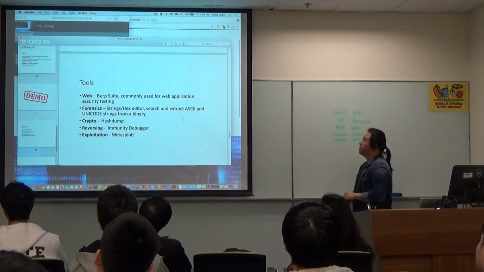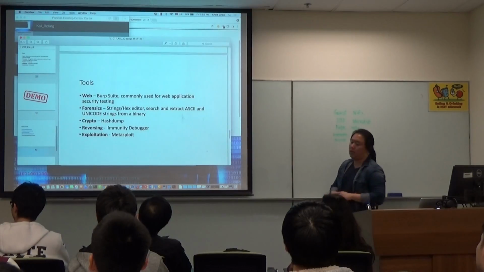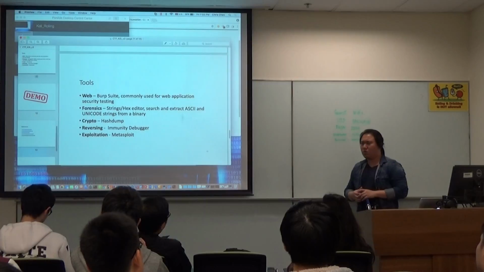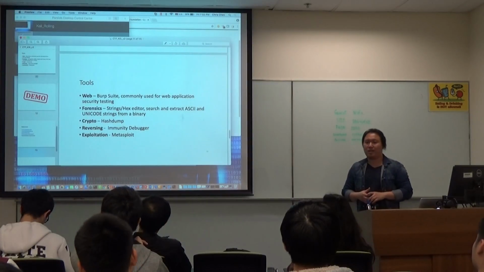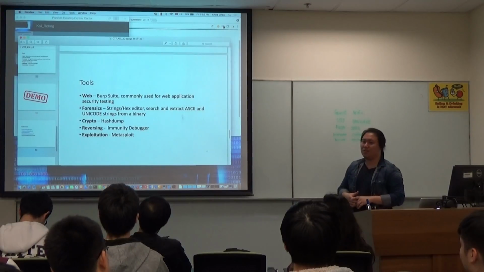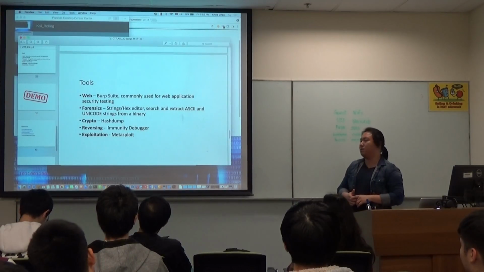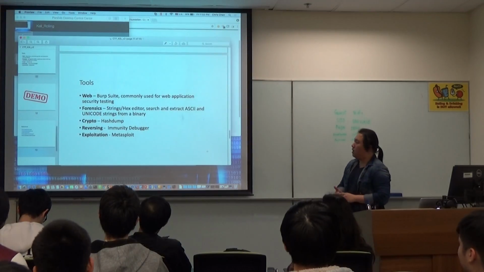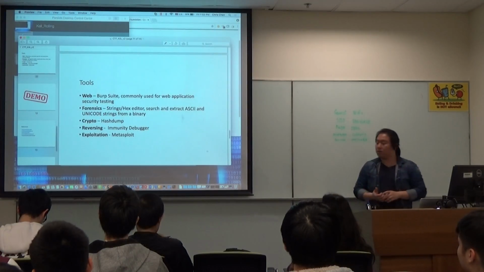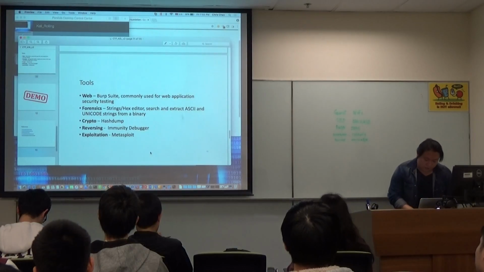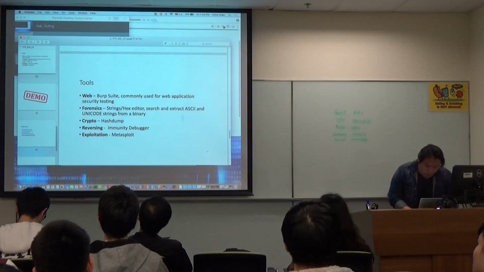For exploitation, sometimes we will use Metasploit, but not commonly, because in CTF they don't recommend using too many commercial tools. They will try to make it not common, so you cannot use those commercial tools to find the flag. But there are other tools. We can also use GDB, and we have some tools called